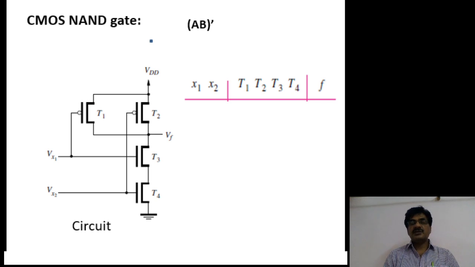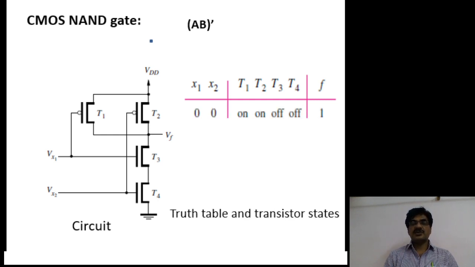Under two variables, in binary there are four possible combinations. Let me apply each and every one with reference to each combination, represent state of each and every transistor, and finally decide what is the output logical value. Let us take the combination 0, 0. With reference to 0, 0,